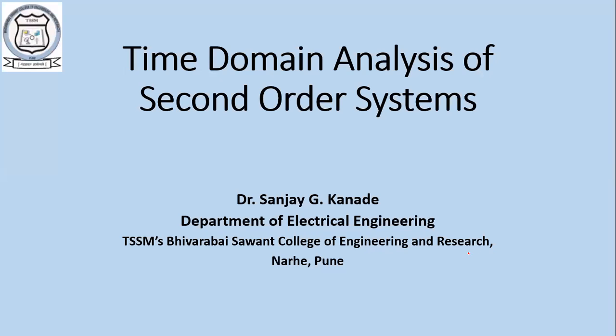So now you are seeing the time domain analysis of second order system. Can someone quickly tell me what is the difference between first order and second order system? Anyone quickly? It is just about the order of the system, right? Yes, Nikhil? Yes, the order of the system is 2. Means what? There are 2 poles in the system, or the degree of the denominator polynomial is 2. And remember, the second order system analysis, whatever we are going to start now, is going to play a vital role in analyzing all the systems that